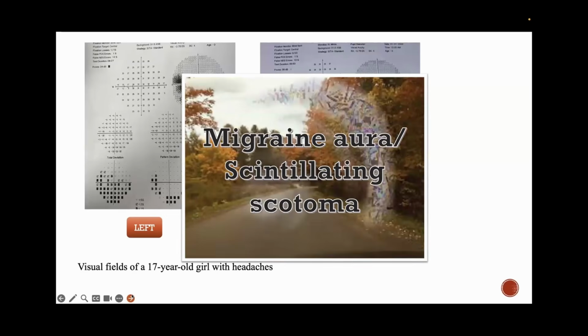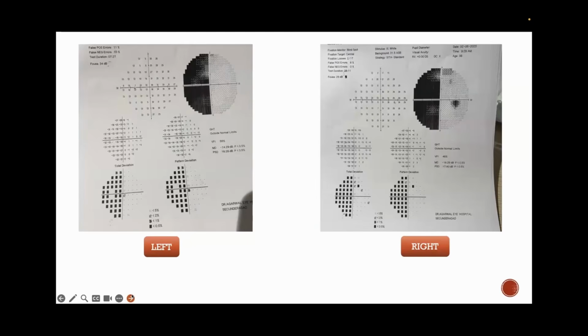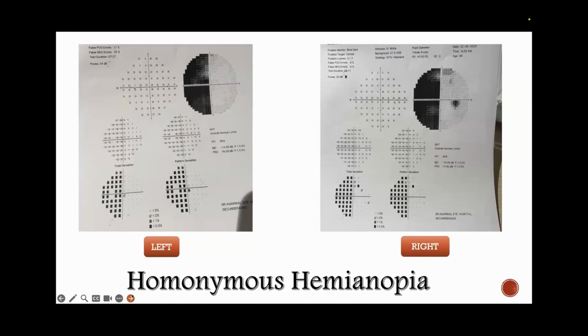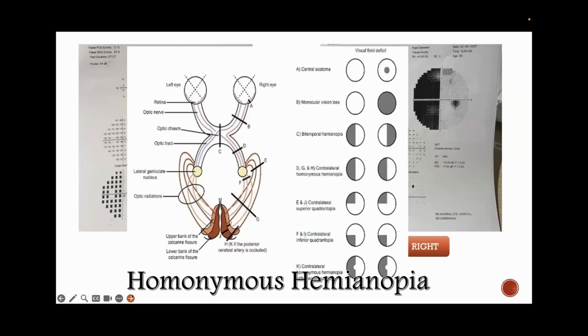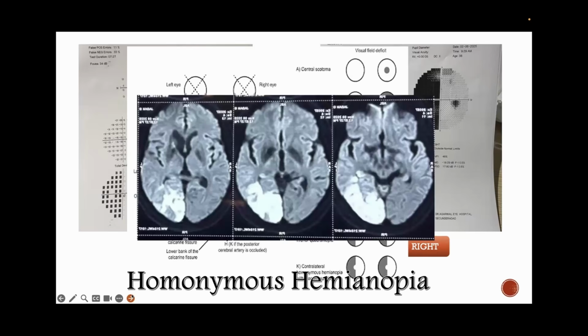It was actually just a migraine aura, or a scintillating scotoma. There was no brain issue, there was no eye issue. It was just a migraine aura and a scintillating scotoma. Then there is something we see very commonly, a one-sided visual field defect. You know what we're dealing with. It's a homonymous hemianopia. How to localize? It's given right there. They have homonymous hemianopias. They've told you where the damage is, somewhere in the retrochiasmal pathway after the crossing over of fibers has occurred. Very easy to diagnose. This patient had a stroke.